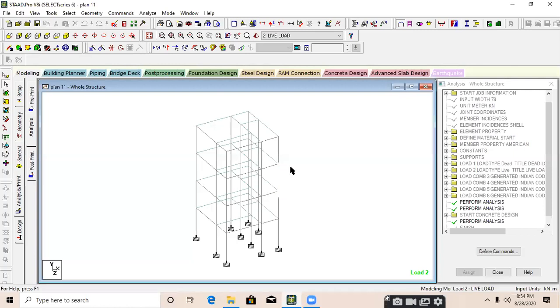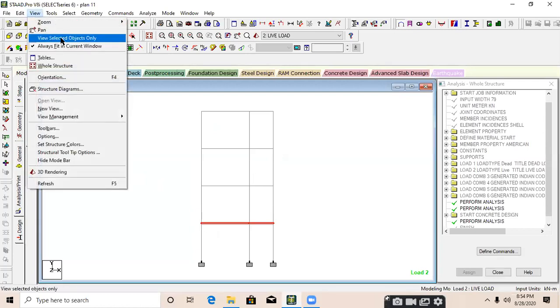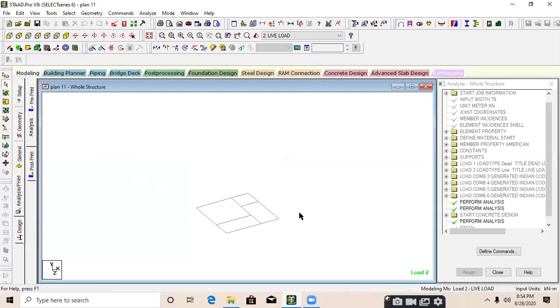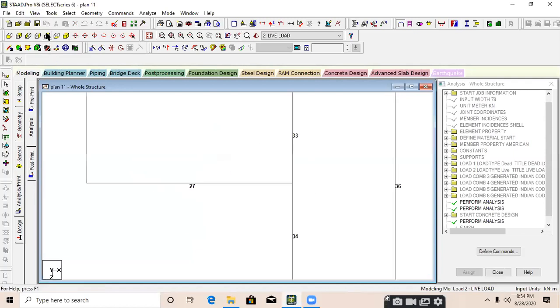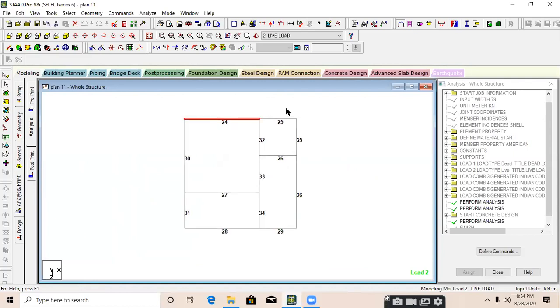Now, how can you identify which is beam number 24 and column number 22? Select any one floor, go to view, selected object only, and press shift plus B, B for beam. Go to the top view, look at this. It's beam number 24, 25, 26, 27, 28, 29 like that.